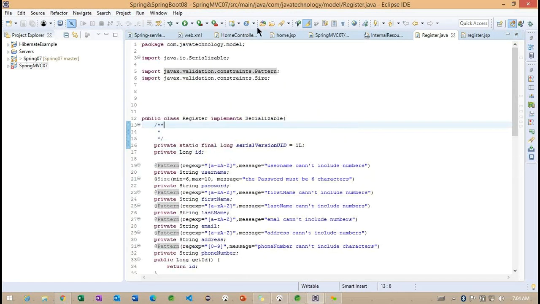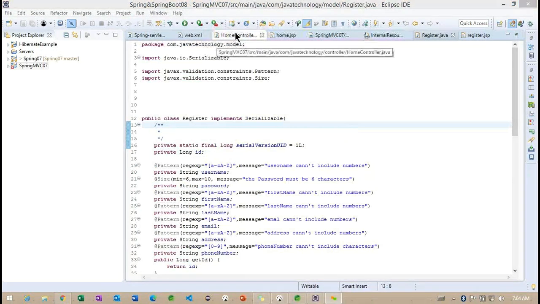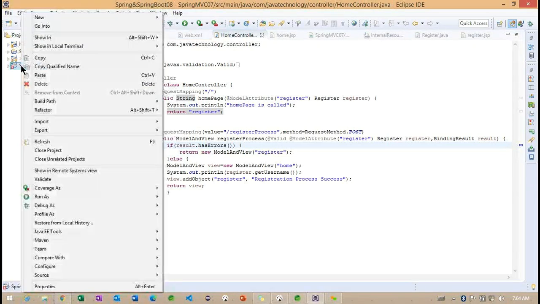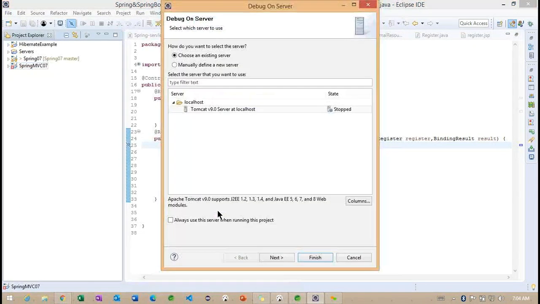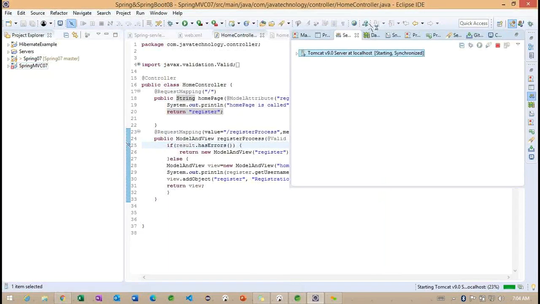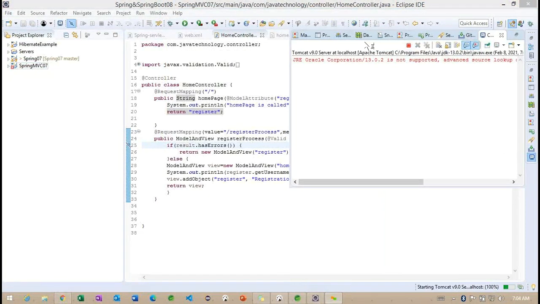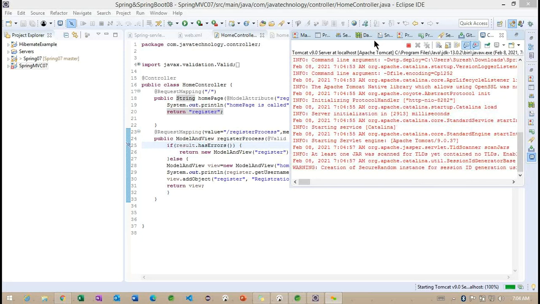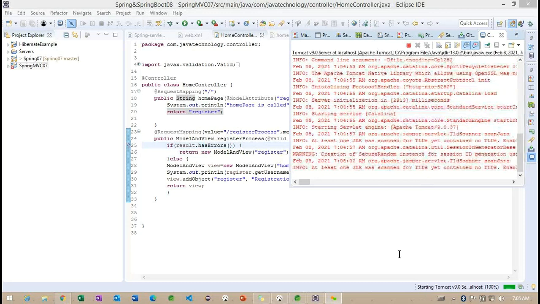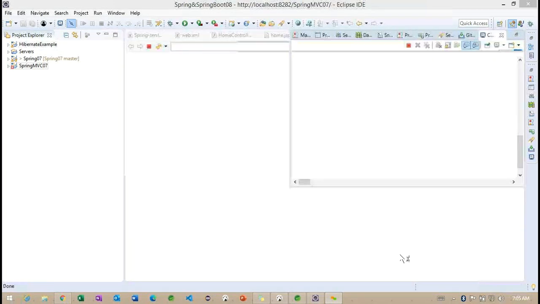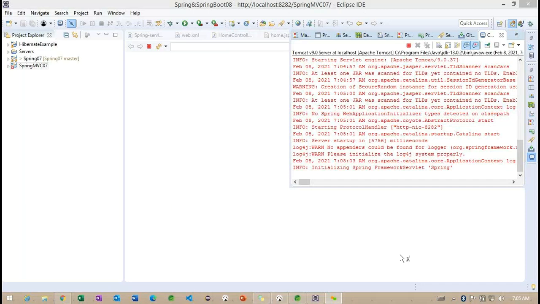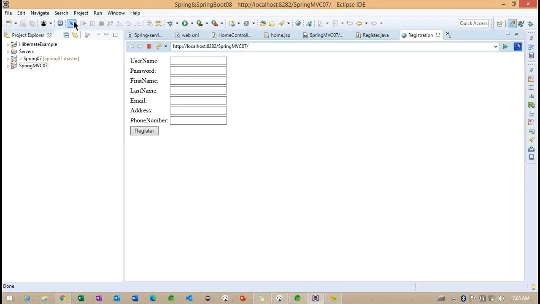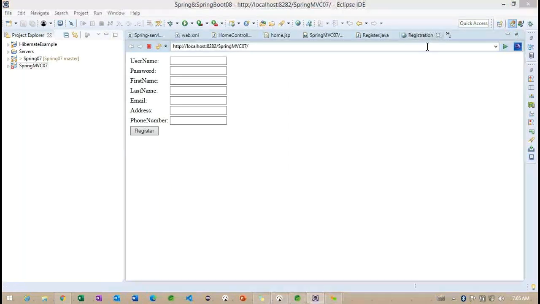We can put a debug point in the controller class called HomeController. Here we can add a debug point and let's run the same example in debug. Okay, now let's enable the breakpoint.